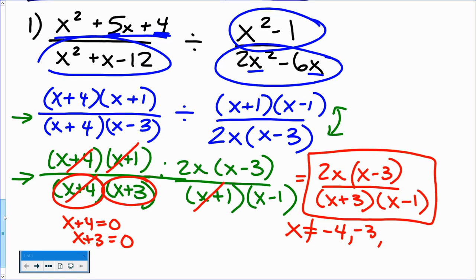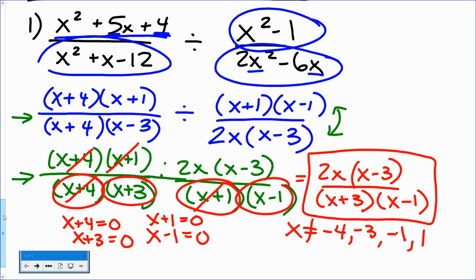Can't have that. Right here, x plus 1, what value of x would make that 0? Well, that would be negative 1. We can't have that. Here, what value of x would make that 0? Well, that would be positive 1. All right, so typically students will get those correct, but the part that they will miss is that we had